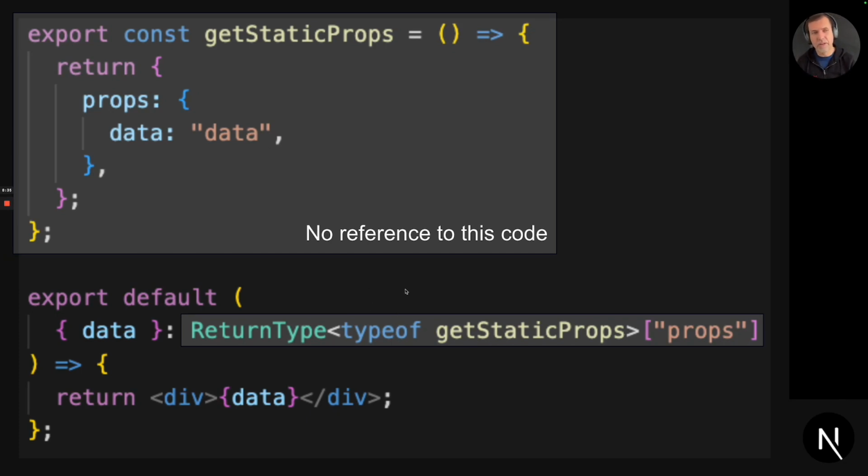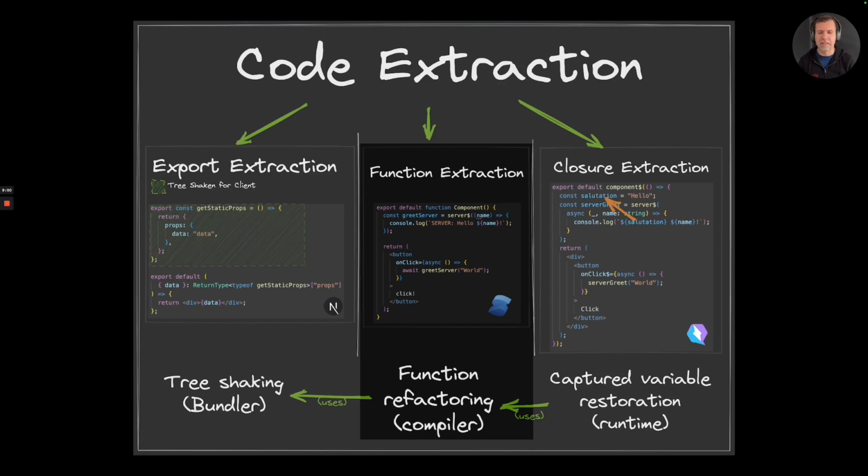And the reason why nothing ensures this is because there's no value reference. If I could have an actual call to this function here, then TypeScript would infer all of the property information, all the type information, and I wouldn't even have to put any types and the right thing would happen. But we can't do that because doing so would break export extraction. So let's move on to the next level up.